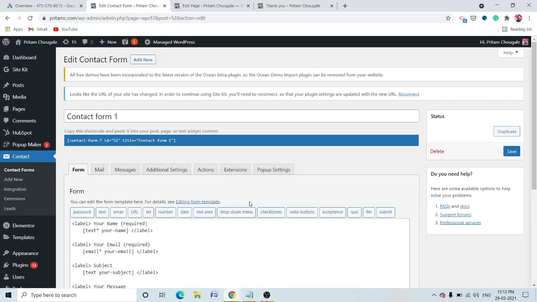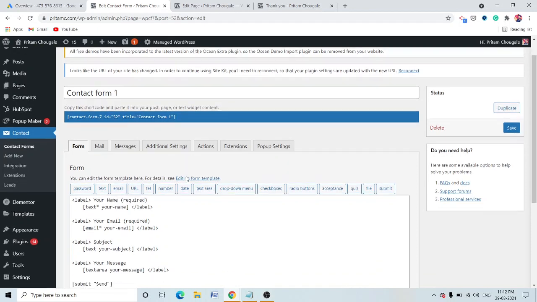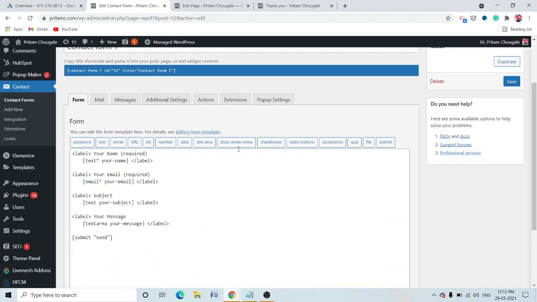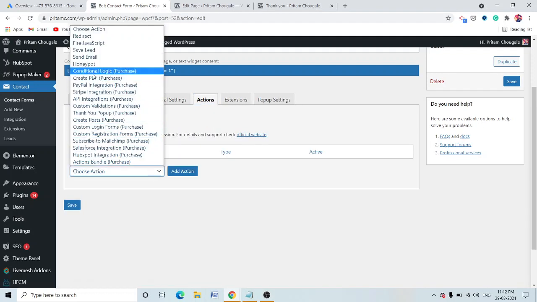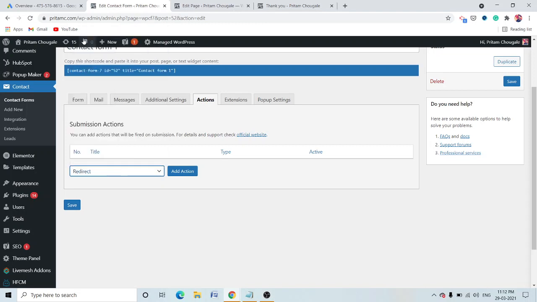So in order to do this, you already need to have Contact Form 7 installed. You can watch YouTube videos on how to install Contact Form 7 on WordPress websites. Okay, so in here go to actions, choose the action. There are different actions upon the form submission. You can choose redirect and click on add action.